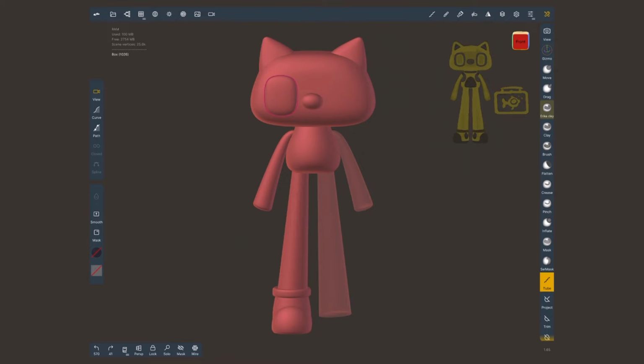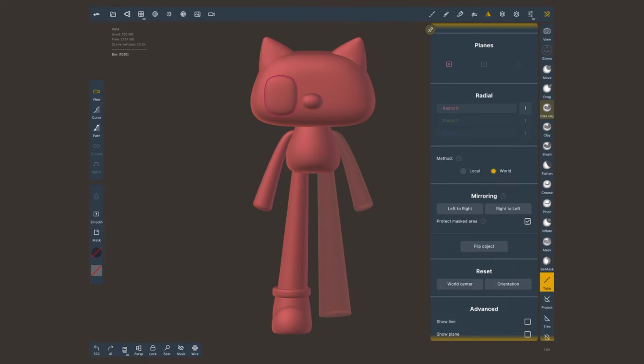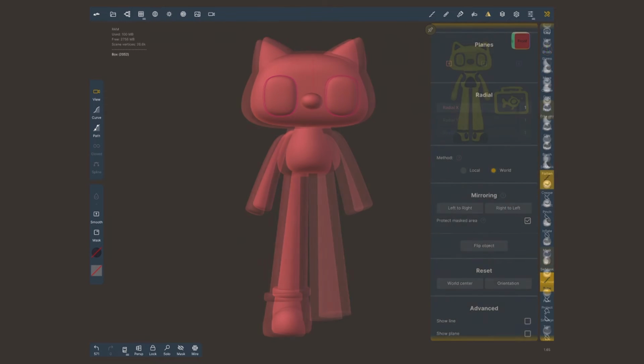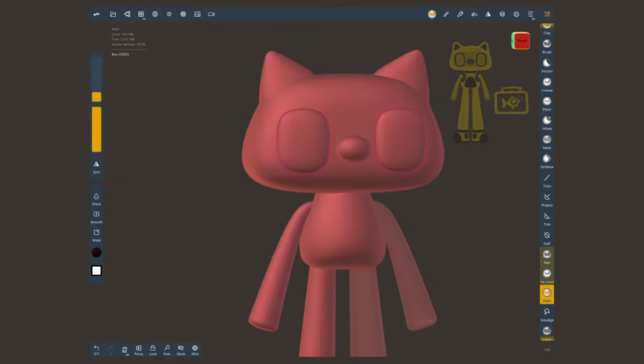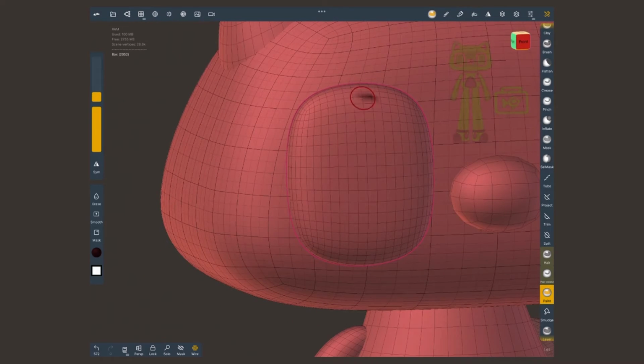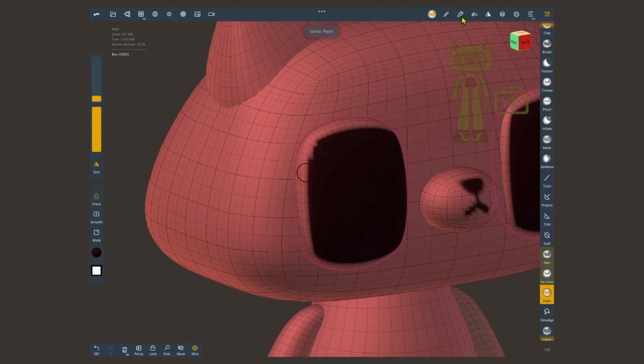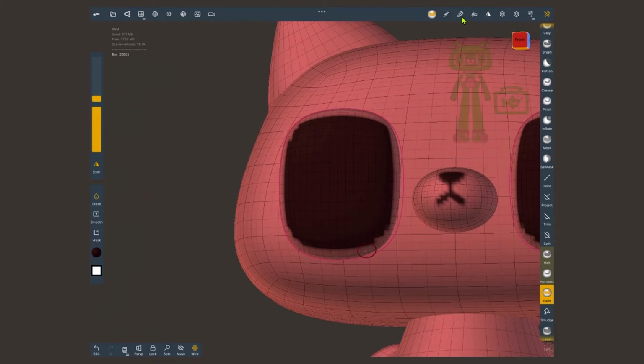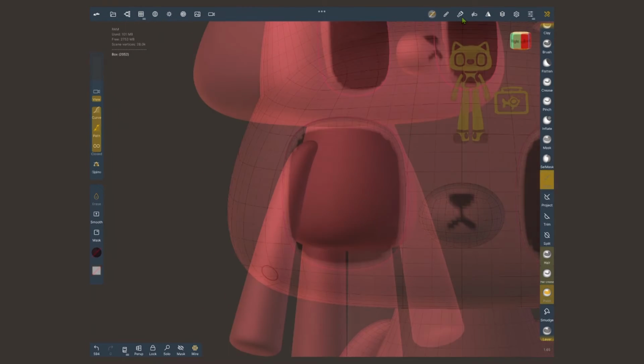So I'm just gonna grab that eye. Then I'm gonna open the symmetry menu and tap on right to left to create the duplicate on the other side. I think it's time to paint a temporary pupil. This is simply a landmark that helps me judge if the design is going in the right direction. So, with the paint tool and a dark color, I'll paint it. Seriously, don't worry about it being perfect, this is just temporary.